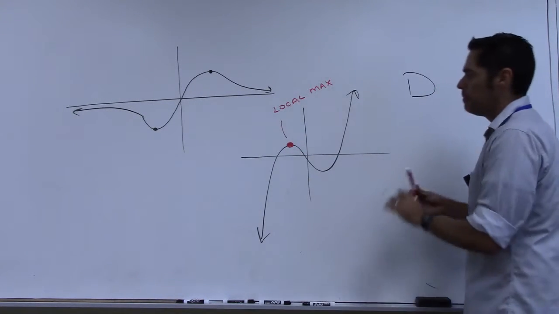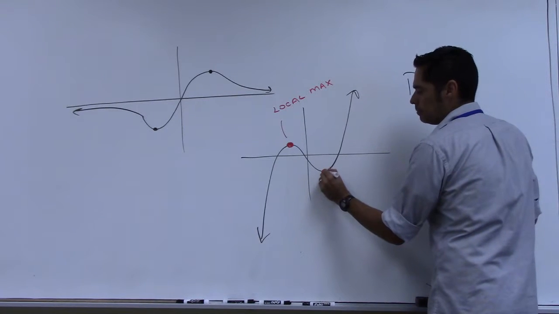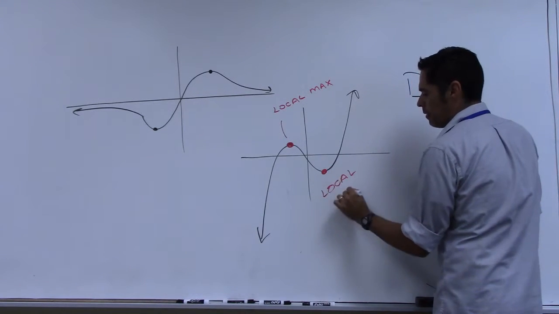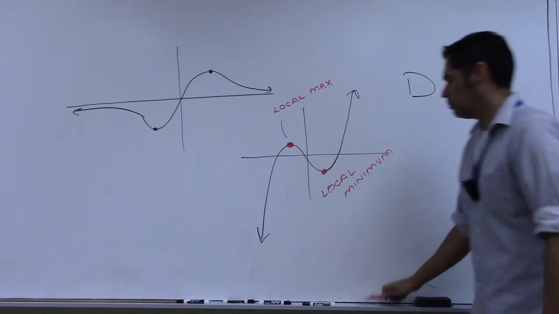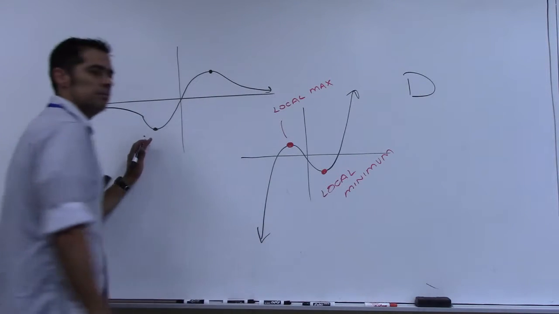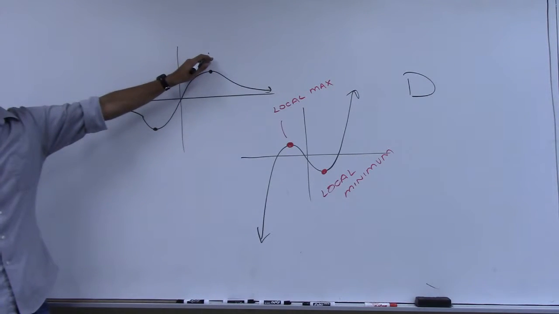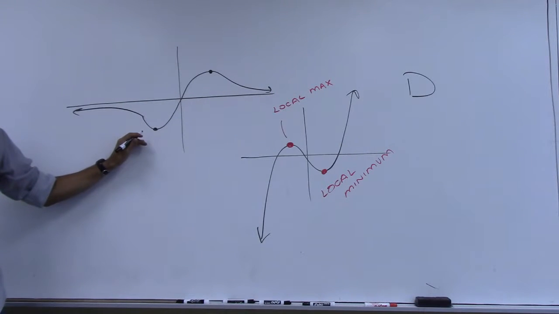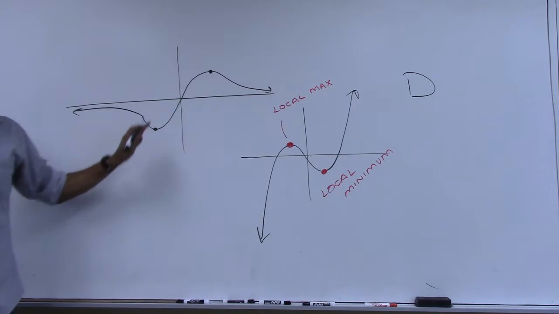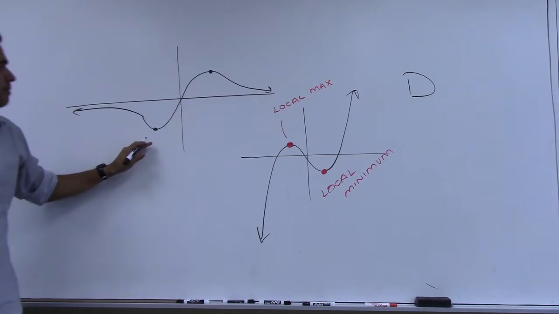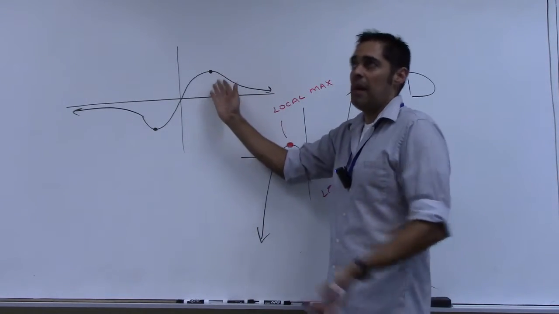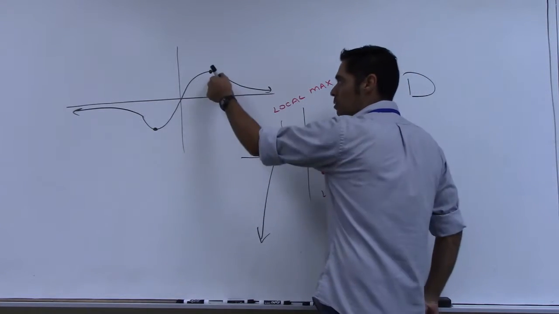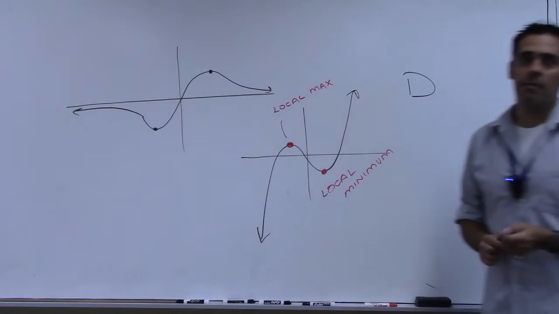And then you have here a local minimum. How about these two points here? This was an absolute max, right? Or global max. This was an absolute minimum or a global minimum. What about local? Yes. It's also a local max and a local min, isn't it? I mean, locally, it satisfies the definition. It just has to be the highest point in that little region. Well, it is. In fact, it's the highest point in the whole thing. So this would also qualify as a local max, and that would qualify as a local minimum.